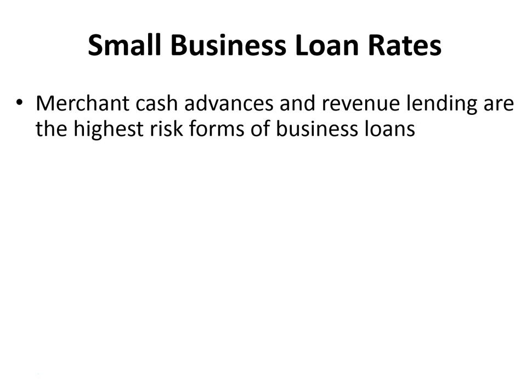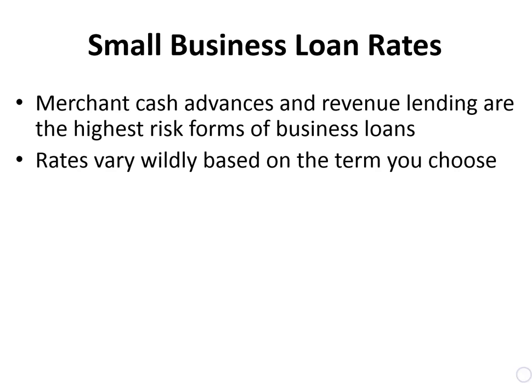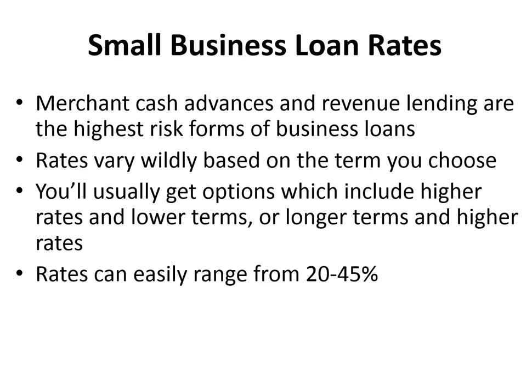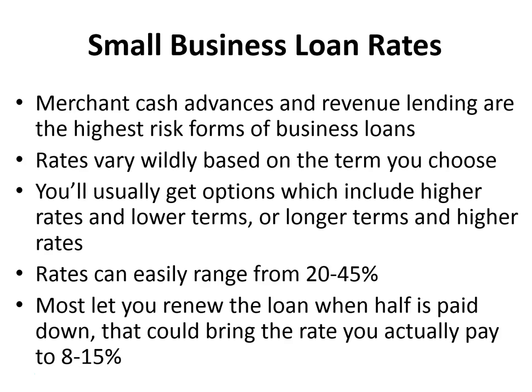Merchant cash advances and revenue lending are the highest risk forms of business loans. Rates vary wildly based on the terms that you choose. You'll usually get options when you get approved for these. So what will happen is they'll give you a higher interest rate and a shorter term, or they'll give you longer terms at higher rates. So for example, you might pay more money to get an 18-month loan or pay less money to get a 3-month loan. Rates can easily range from 20 to 45% on these,